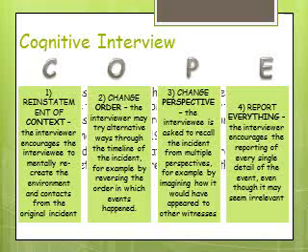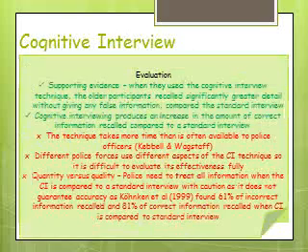Change order. They may be asked to do an alternative timeline, to reverse the order of the information. They're asked to change perspective, to imagine what the crime would look like from a different person's point of view, how it would appear to another witness, or how it might have looked from the criminal's eyes. They're also asked to report everything, regardless of how irrelevant or trivial that information may feel. So tell me everything that happened.